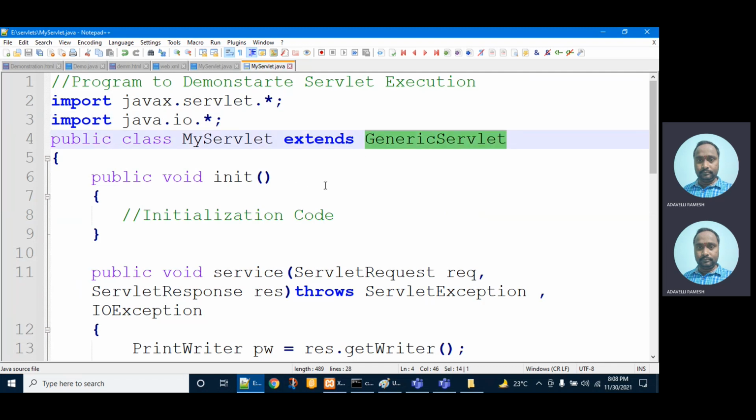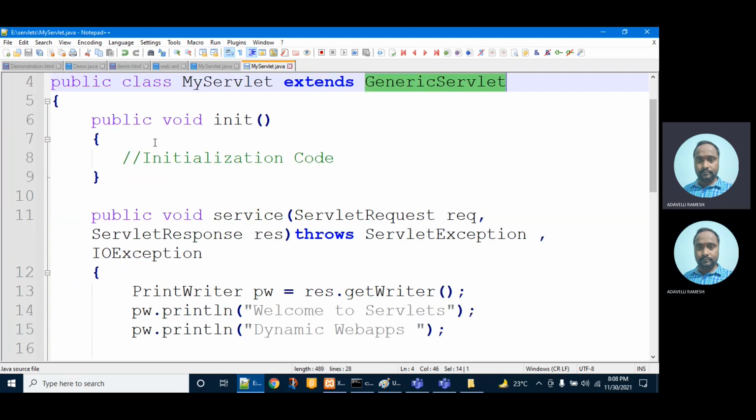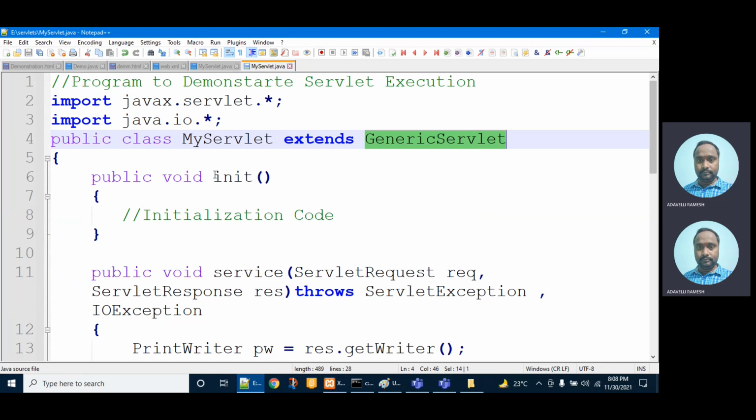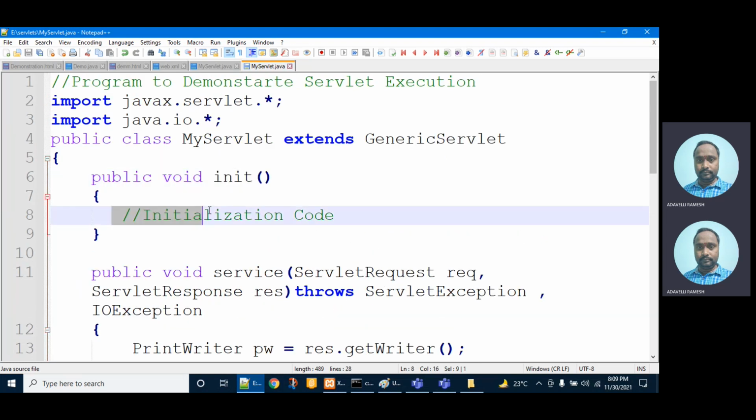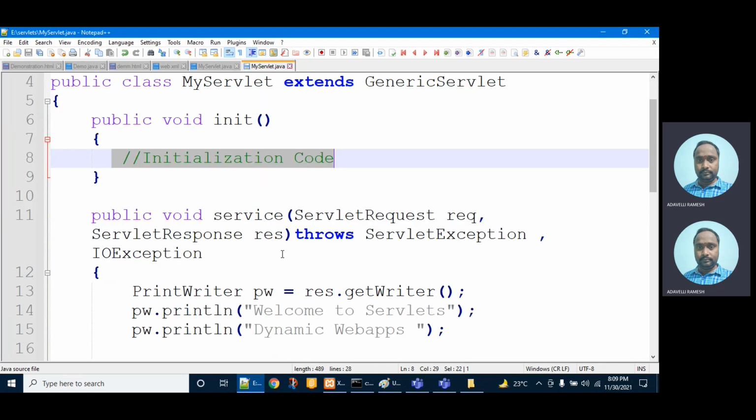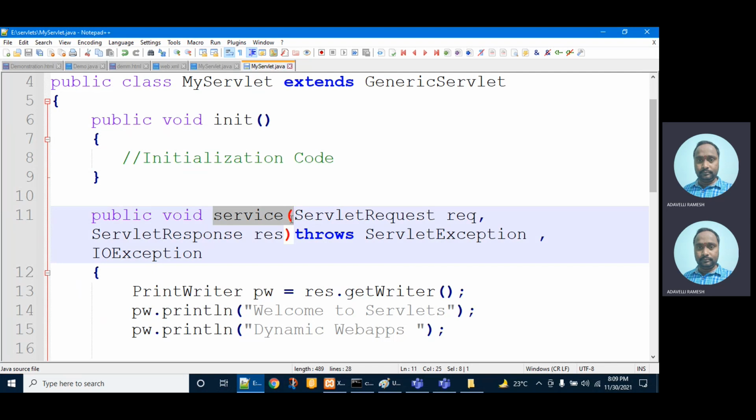Next, as you know from yesterday's life cycle of servlet, every servlet will have three methods executed by the web container. One is init, for initialization code. Most of the default initialization is provided by the servlet container, that's why we sometimes ignore the init method. The next method is the service method.